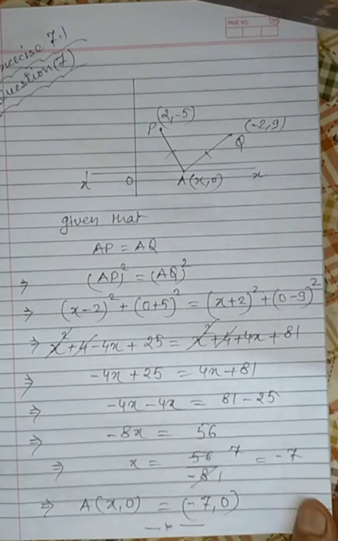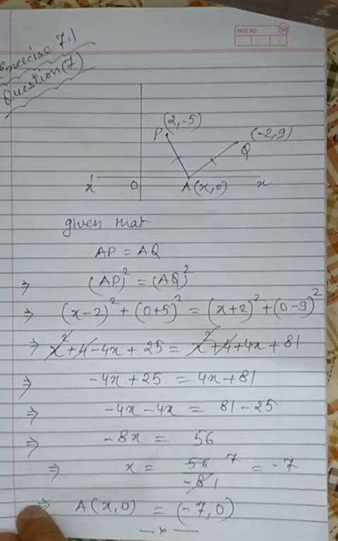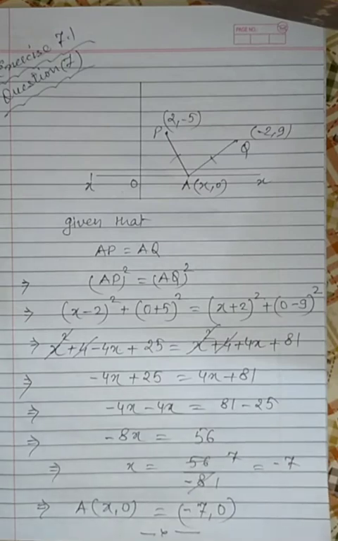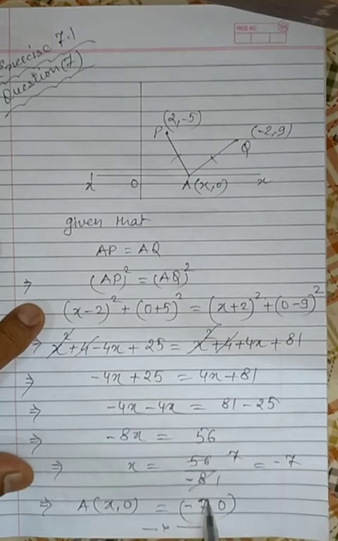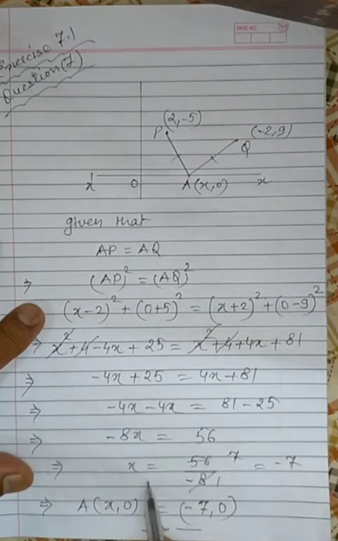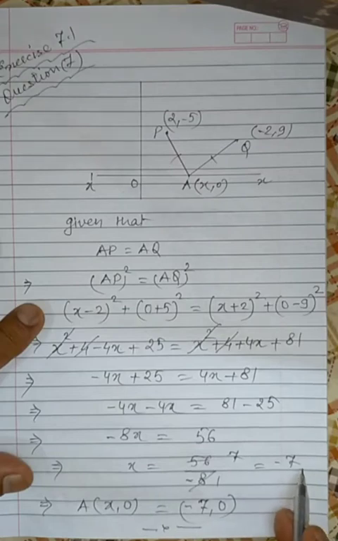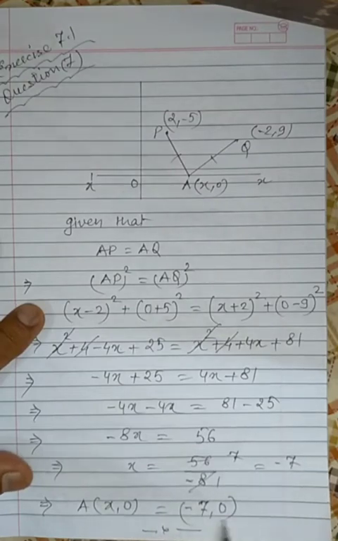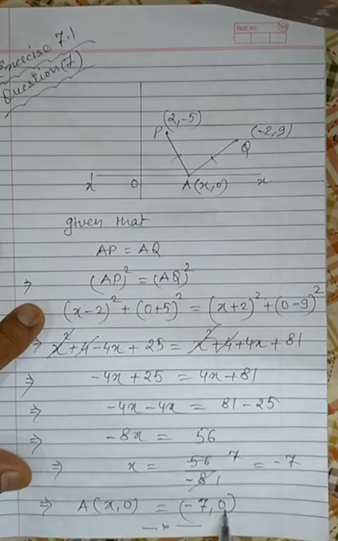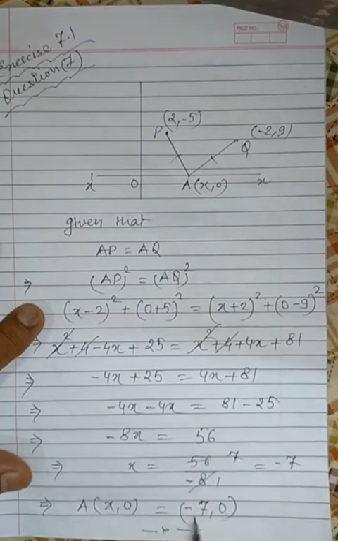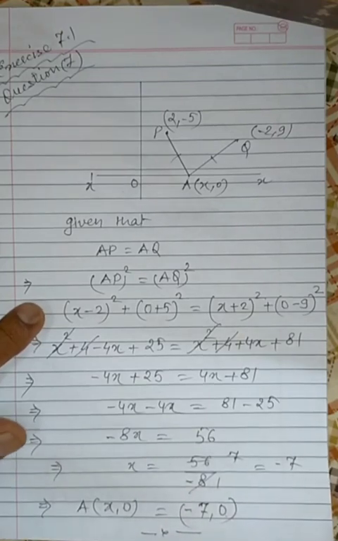So this way we can find out the point on the axis, and make sure that when you are answering any value for the axis, even if you are getting only one value as x, as we got here, the answer has to be reported for x and y both. Like the point is on the x-axis, so its y coordinate will be 0. So the real answer will be minus 7 comma 0. If by chance you write the answer as minus 7 only, it will not be considered the right answer. Please be careful.